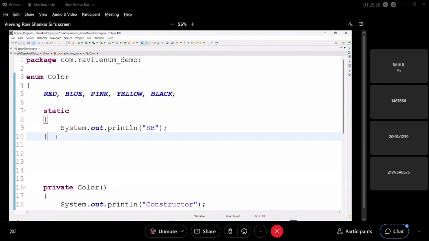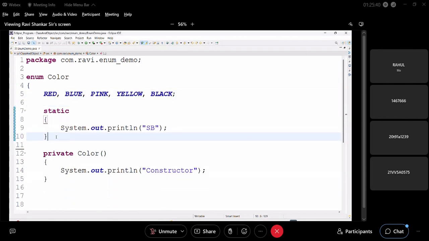And the constructor must be private. Why? Outside accessibility is not allowed. You can write private, you can write default. Okay, but protected and public you cannot write. Great. Now,